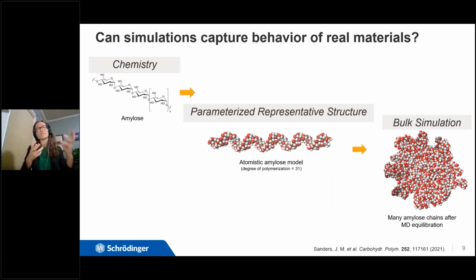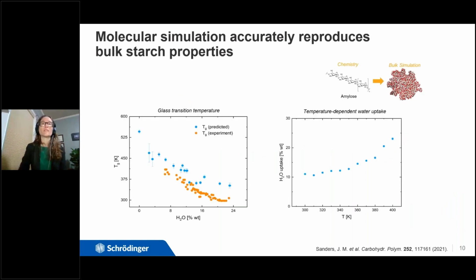And then having those amylose chains together, so you have a bulk amylose system, to understand what's going to happen with that bulk amylose structure. So connecting from the building blocks of the sugar rings, connecting those in the right kind of geometry to get the helical amylose structure into that bulk simulation. And once we have that bulk